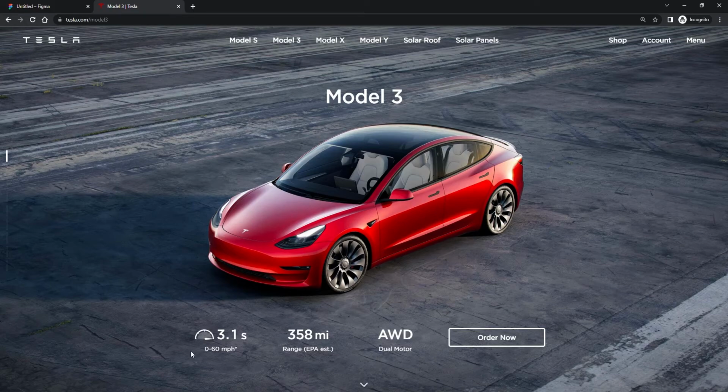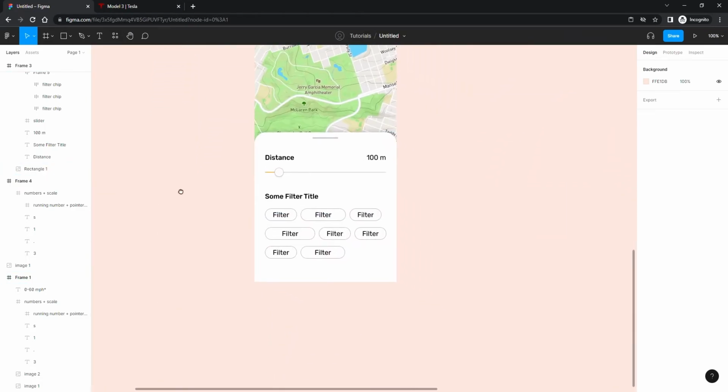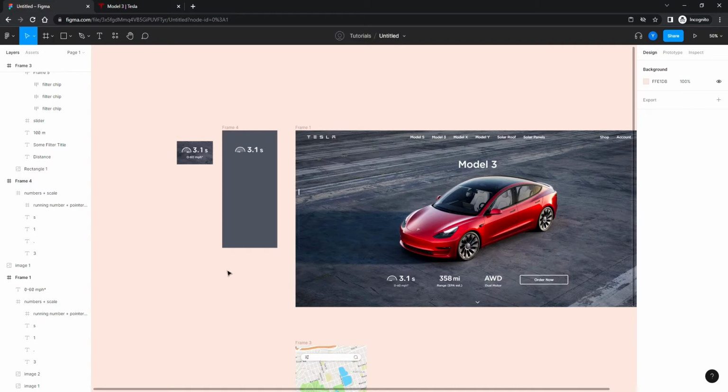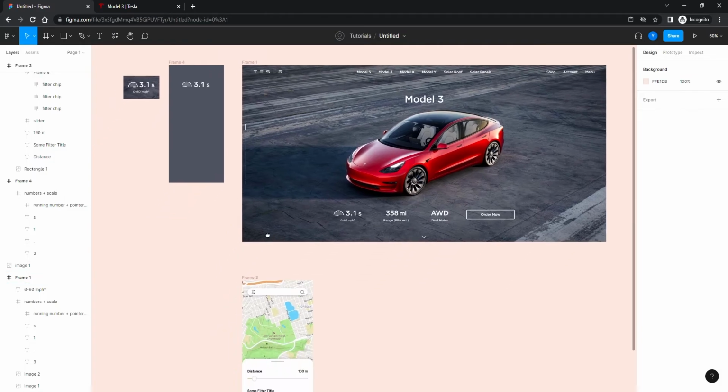So that's one. And the other thing that we're going to do is this slider, that we're going to slide and see the numbers changing. And again, as I always say, when you understand the logic and the technique and how it works, then you can just do whatever you want with it. So great. The only material I prepared here is the screenshot of that Tesla website,